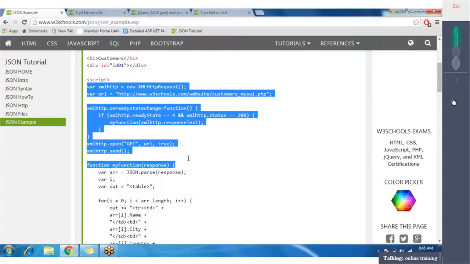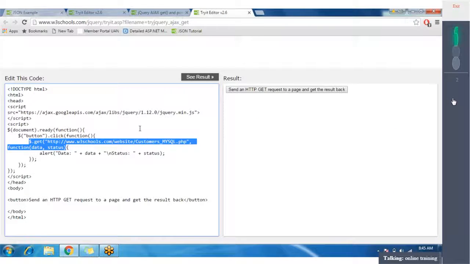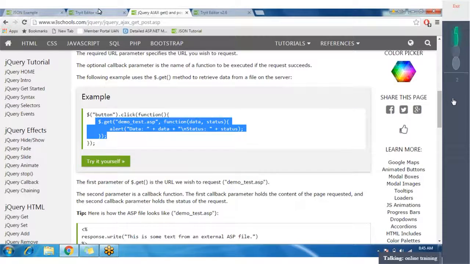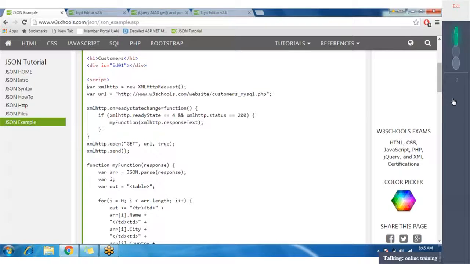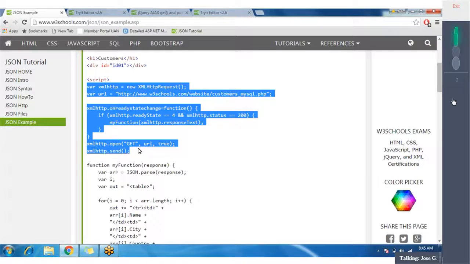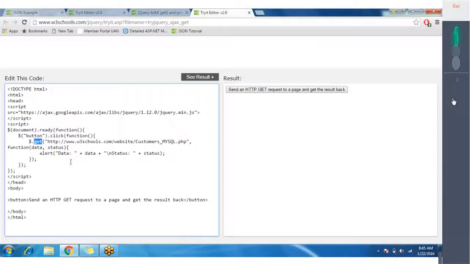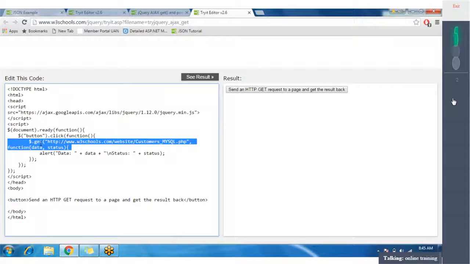As I told you, jQuery provides you the wrapper methods of all the JavaScript functions. So inside that get function, they must have written the whole syntax of this. They must have written all this syntax. So they are doing the work for us. The jQuery library is doing the work for us. We need not do it.